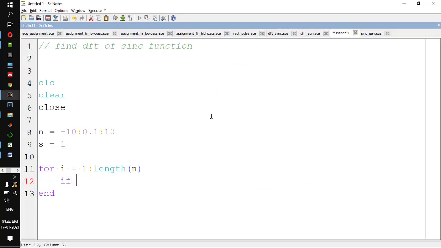If n of i is equal to 0, so what is the value of the sinc function at x equal to 0 here? At n equal to 0, I'll save it in x. So x of i is equal to 1. Okay, else